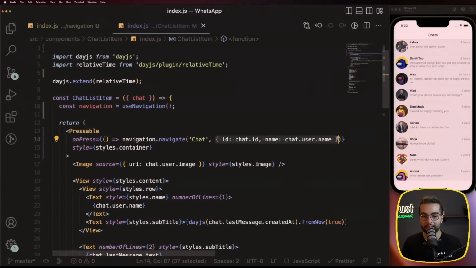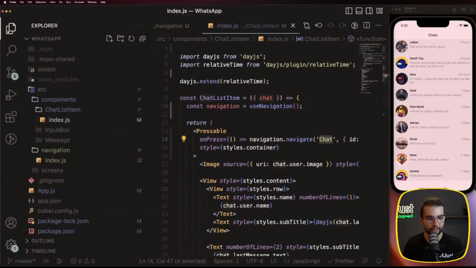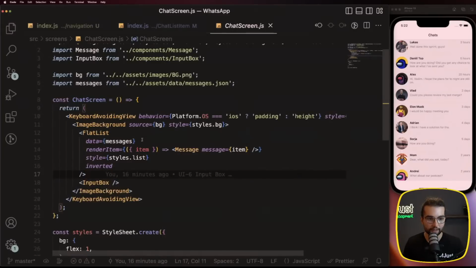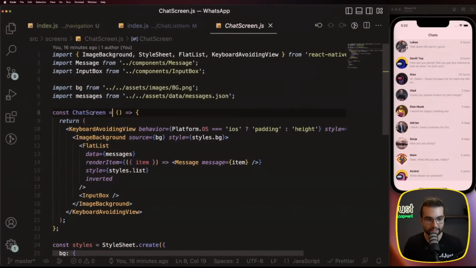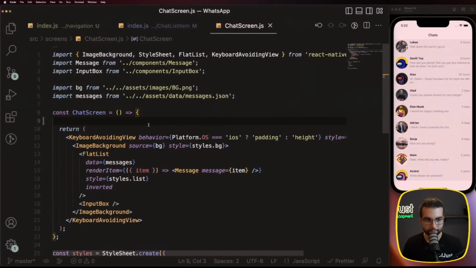Now we saw how we can send data, but on the chat screen, how do we receive this data? Well, let's go ahead and open our screens, chat screen, and let's have a look at how we can receive this data here. To receive the data,